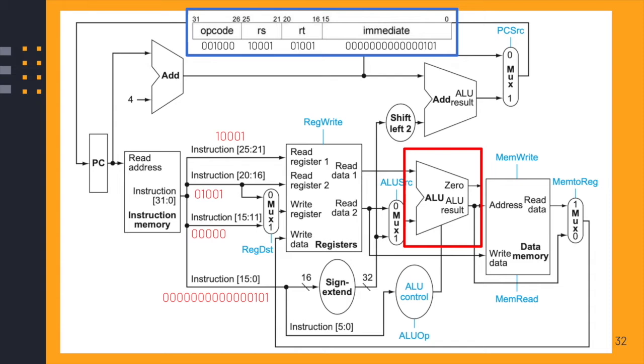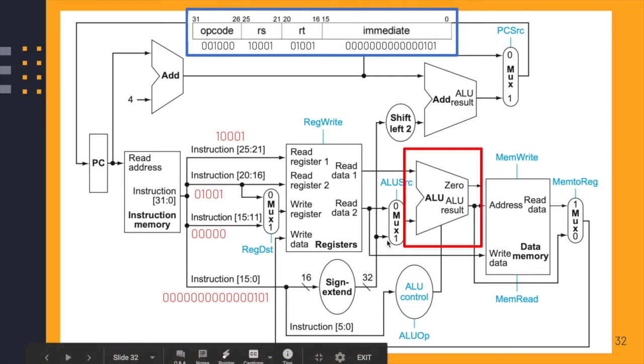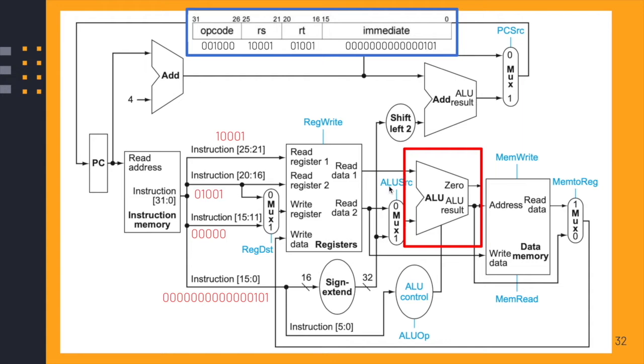This is one of the steps. I actually retrieved the value of register RT, but I do not need it in an add immediate instruction. And therefore, I have this multiplexer which acts as a gate and will only allow one of the two values to pass. And it will allow the value of what? Of the immediate or the sign extend module. That's why the ALU source will be 1, and one will select the sign extend data